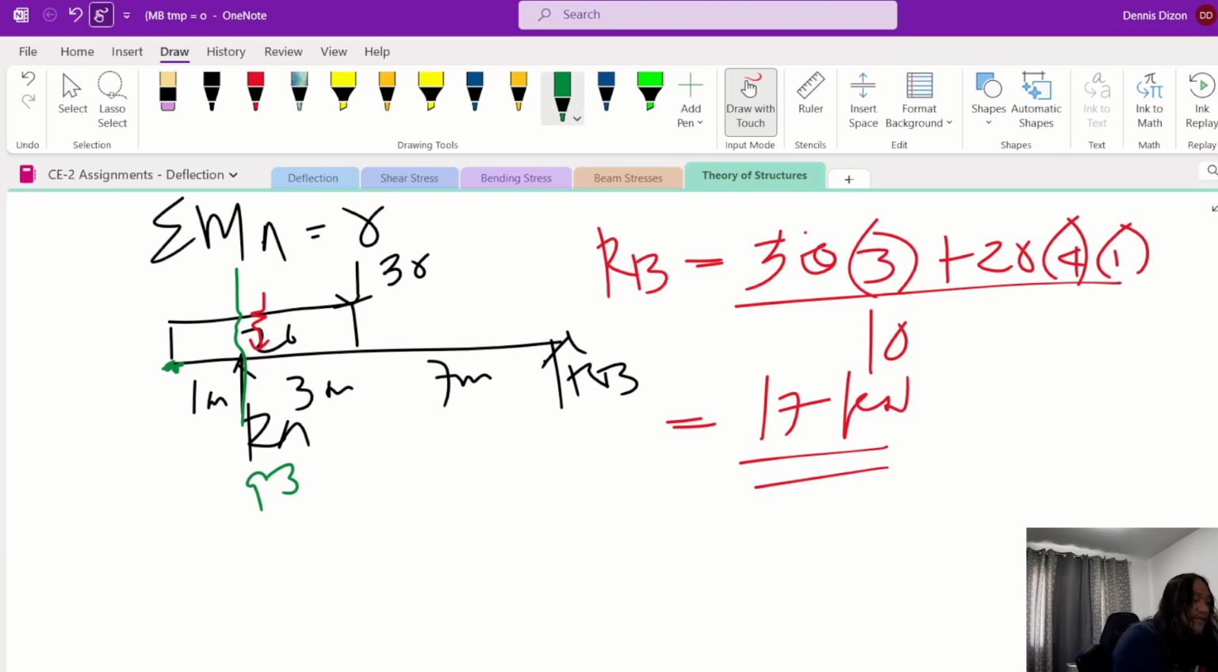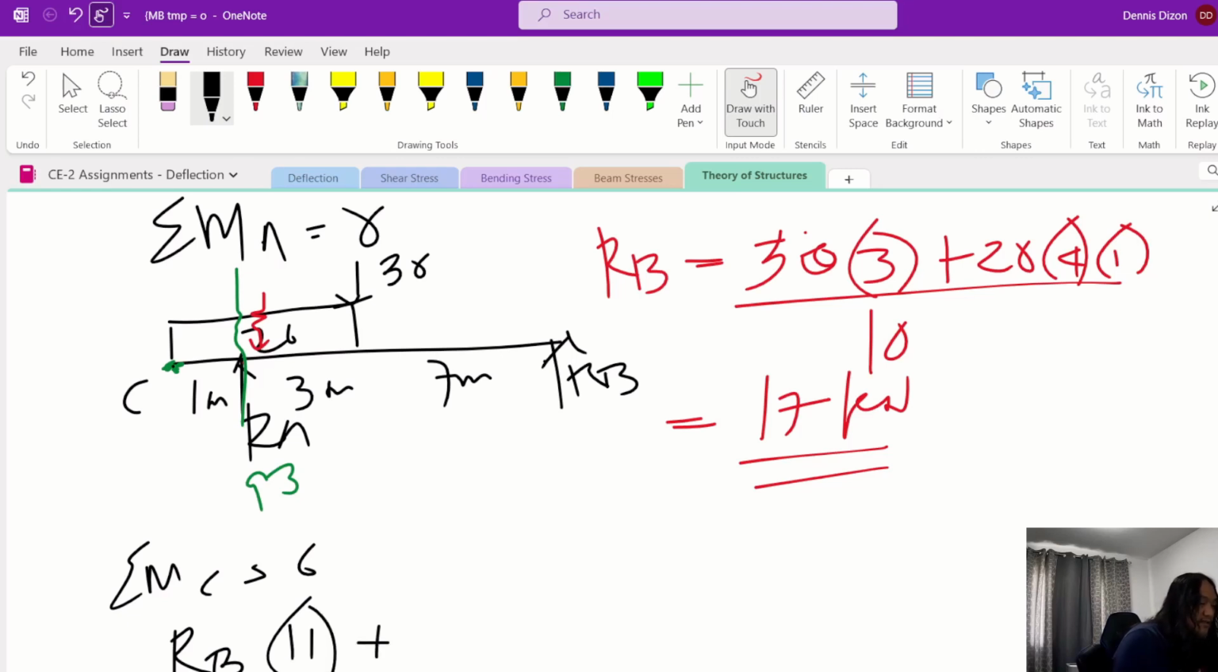Now this is the free end. This is the cantilever. So summation of moments at A, the moment at this location is 0. That is the start of the load. So the other solution, or the third solution, is summation of moments at, shall we say this is C. So summation of moments at C is equal to 0. So therefore RB, right? RB times the total is 11, and then plus RA